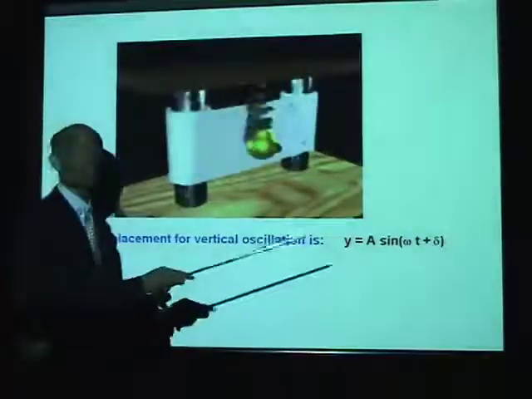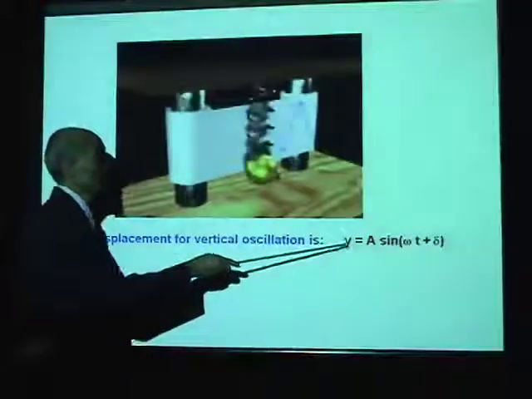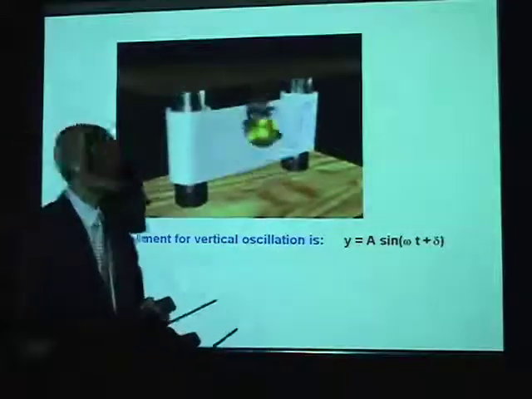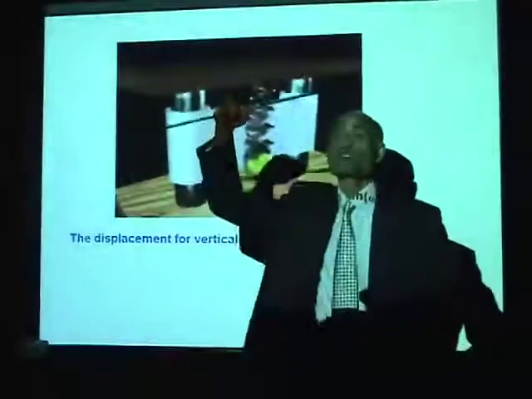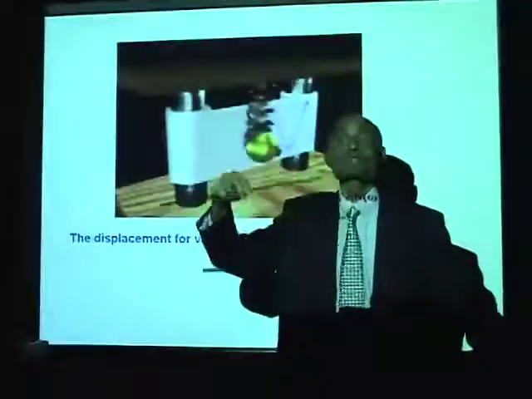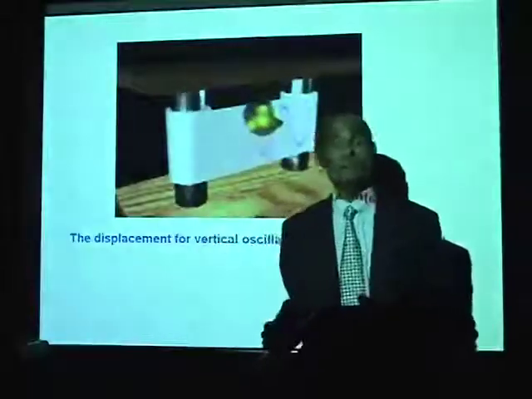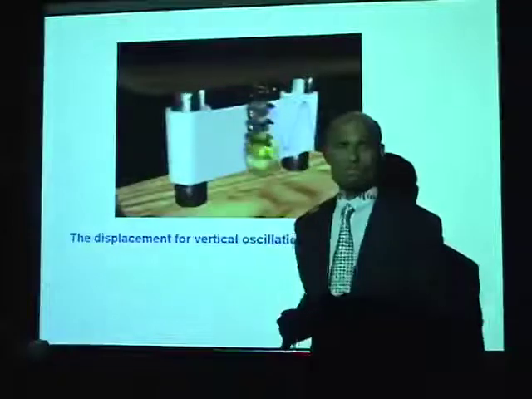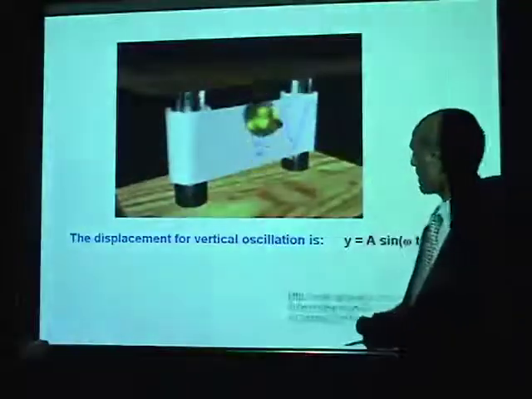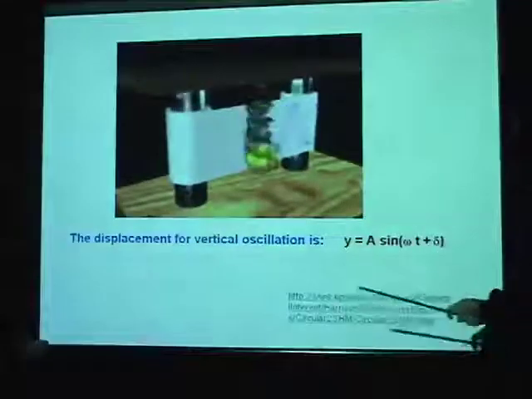The equation of a vertical oscillation is y equal to a sine omega t plus delta. We use y because the vertical displacement is measured using y. What happens if the oscillation is horizontal? Have you seen an example of a horizontal oscillation? Let's look at a